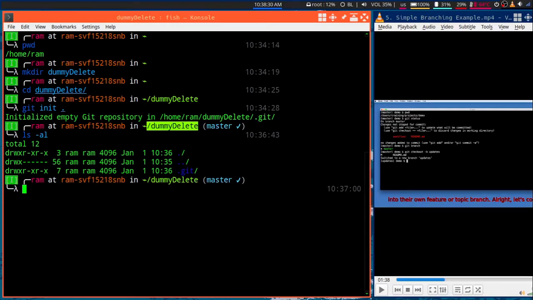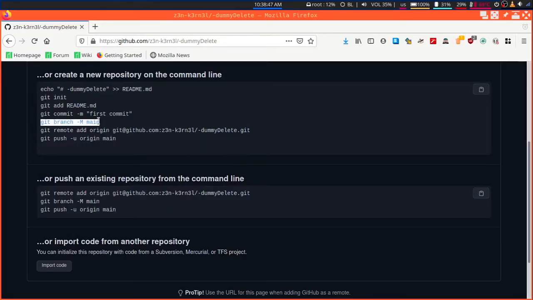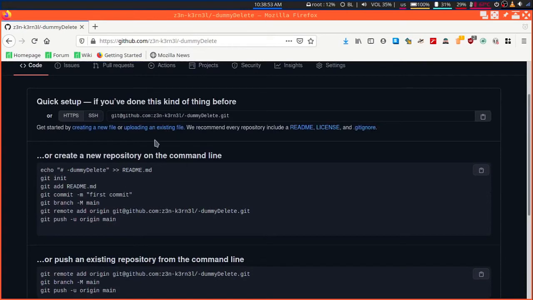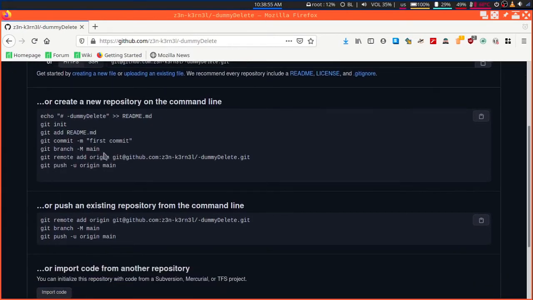One way is to create a new branch named main, delete the master branch, and then push our current repo to the GitHub repo. Instead of doing that, I will show you first the way that GitHub itself suggests. That means we will rename our current branch as main.